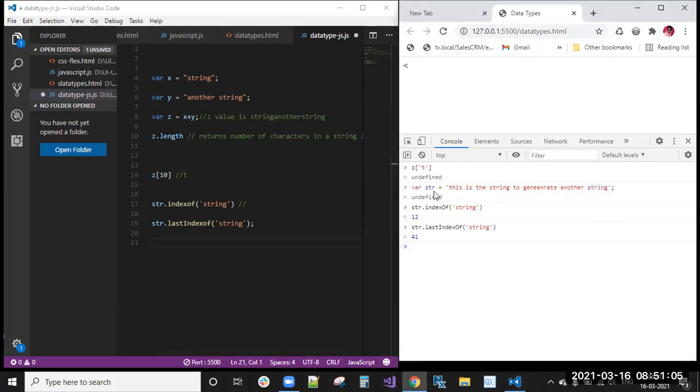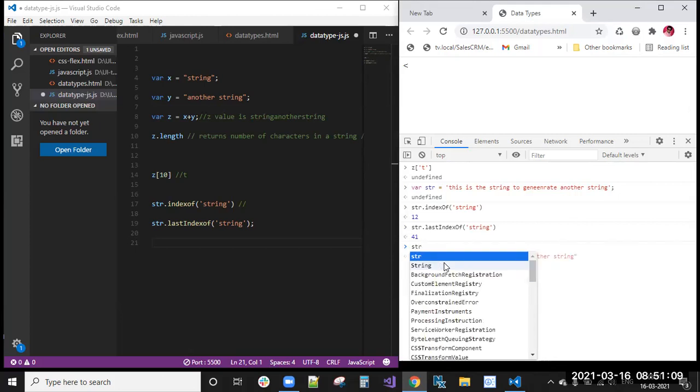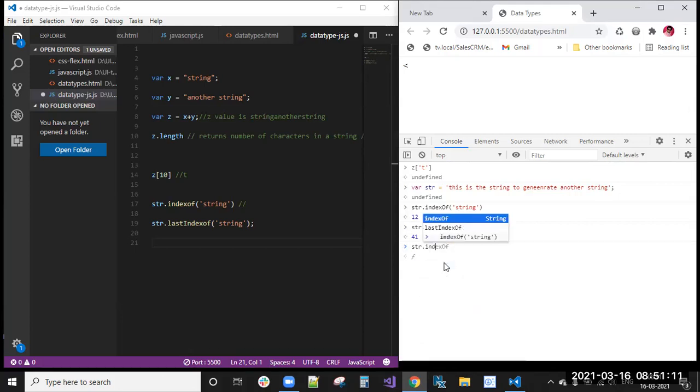And in this string only, I'm giving one more string, hello, with indexOf. I'm giving hello because this hello text is not in the current given string. This hello text is not there.